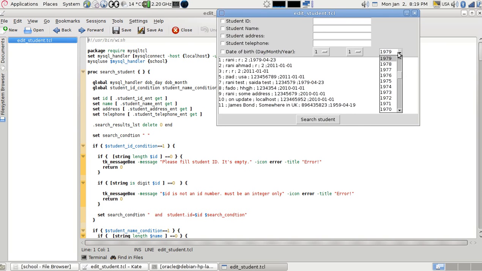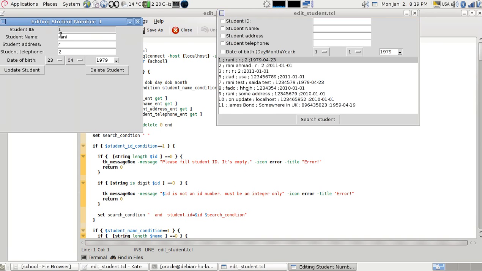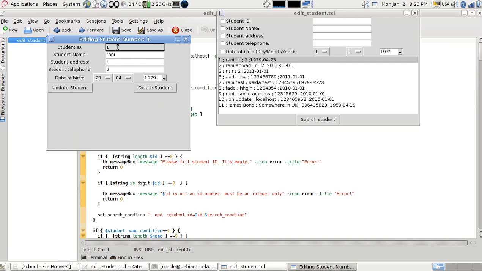I have here the years, starting from last year till 120 years earlier. And if I double click on any of the listings here, where every listing is a student,